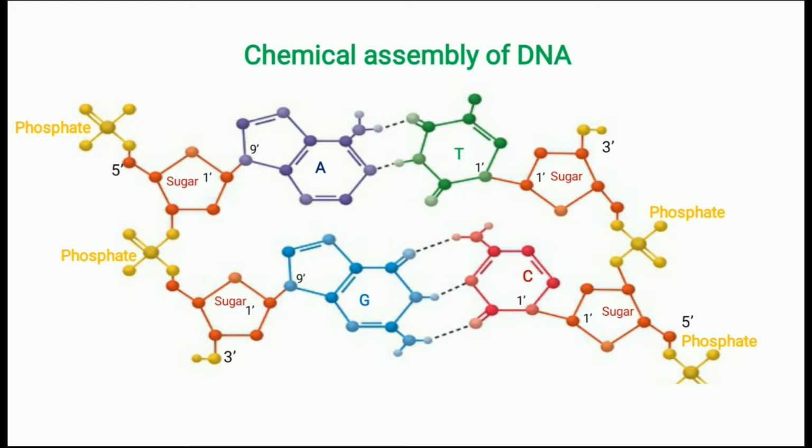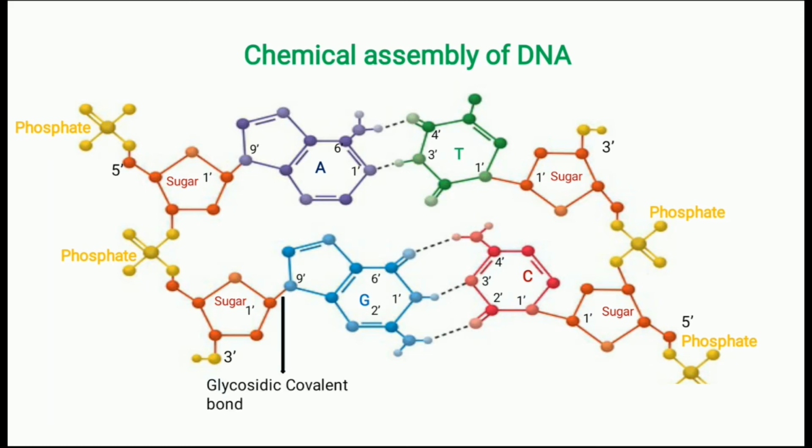And among base pairing, the purine adenine pairs with thymine. So the first and 6th positions of the purine 9 ring structure interact with the 3 and 4 positions of the pyrimidine ring structure. Similarly, in the case of guanine, the 1, 6 and second positions of the purine ring structure interact with the 3, 4 and second positions of the cytosine pyrimidine ring structure. So here we can clearly see adenine and thymine interact with 2 hydrogen bonds. Here it is made up of 3 hydrogen bonds. So CG interaction is stronger than AT interaction.